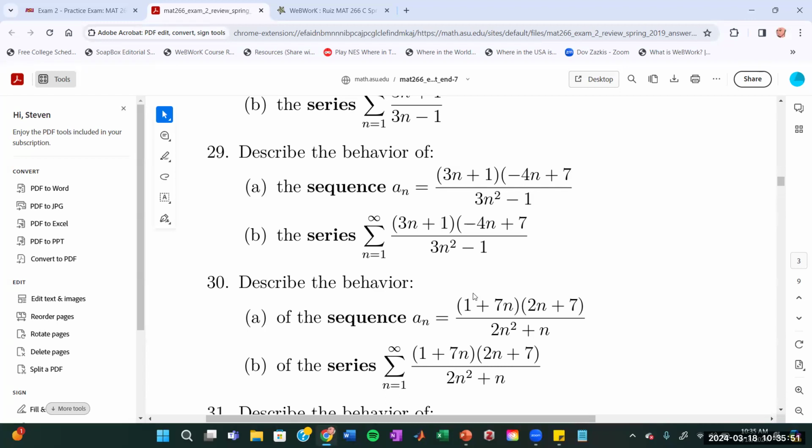-4n plus 17n, -7, all over 3n squared minus 1. Okay. So if I want to find the limit of this,